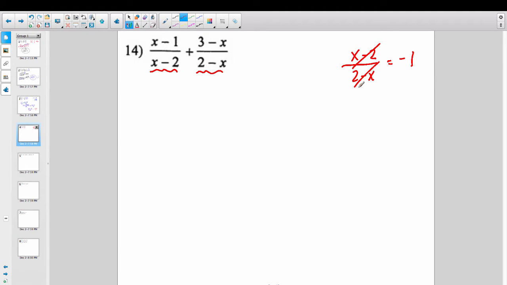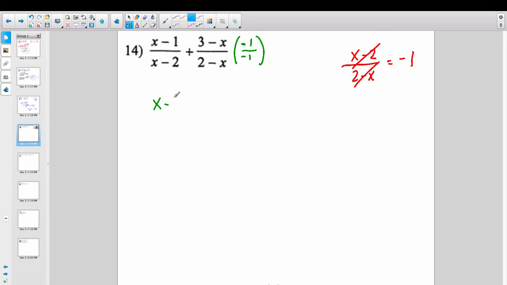So, I can easily make these denominators the same by simply taking one of them and multiplying top and bottom by negative 1. And essentially what that does, the only thing you really need to remember about this, is that you can now